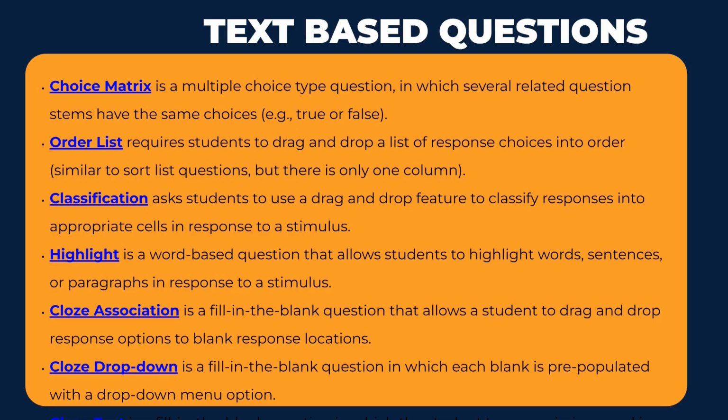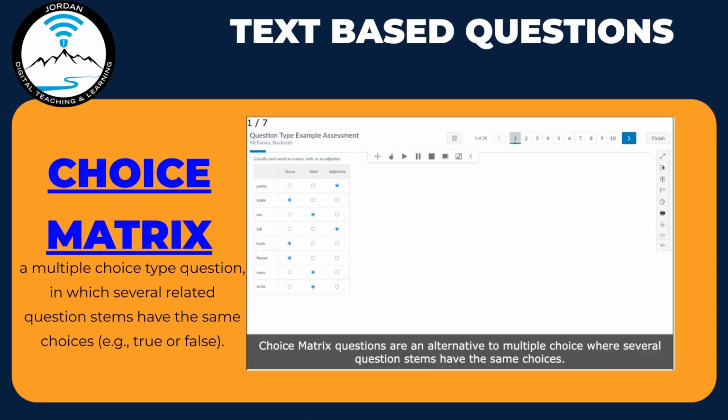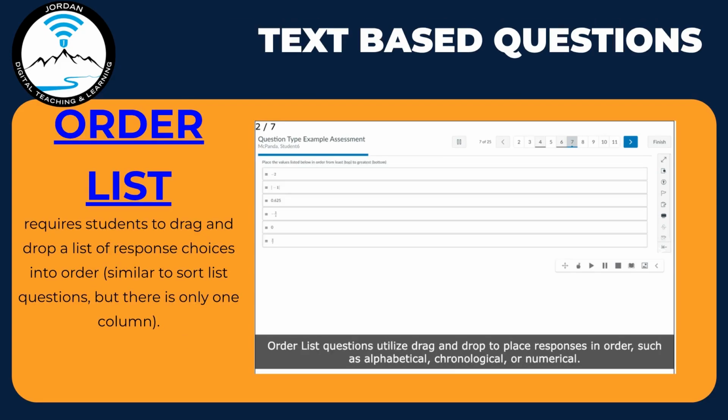Beyond multiple choice, text-based questions include choice matrix, order list, classification, highlight, close association, close dropdown, and close text. A choice matrix is a multiple choice style question where several related questions share the same response options, often used for true or false scenarios. Order list questions require students to drag and drop response choices into a specific sequence, similar to sorting but in